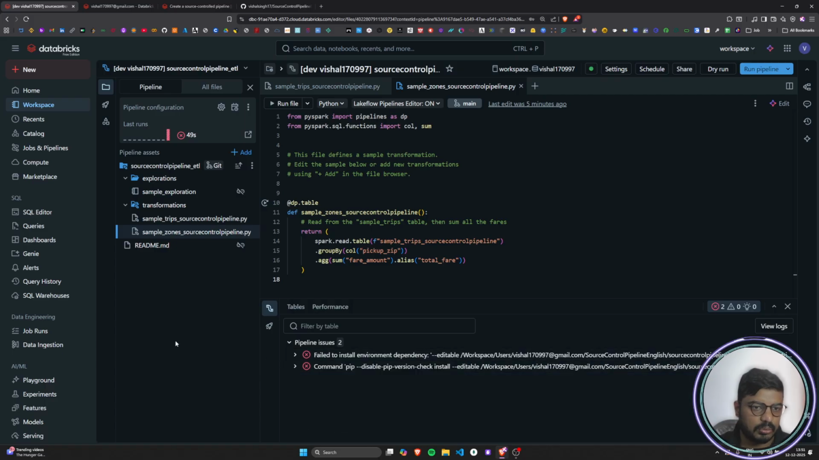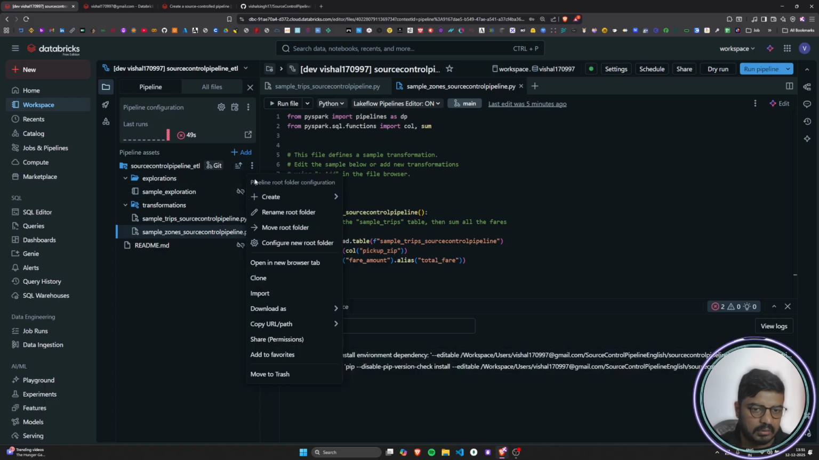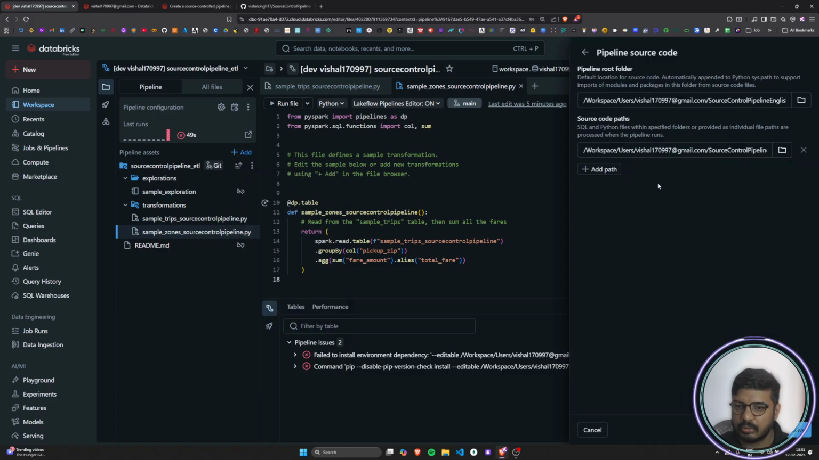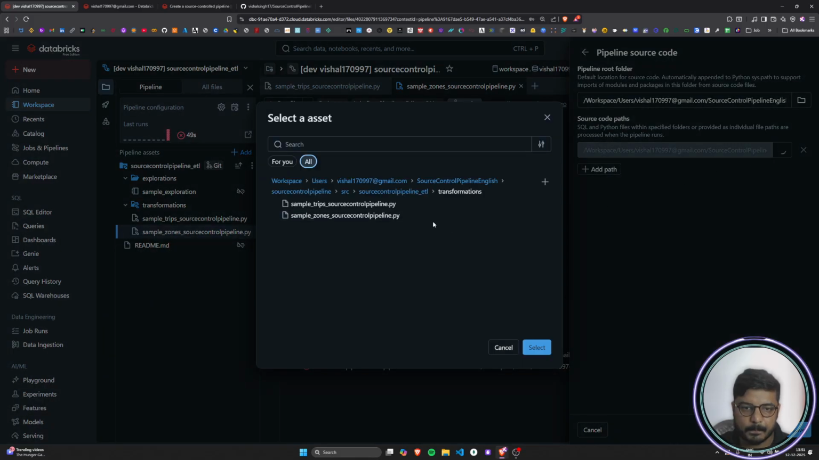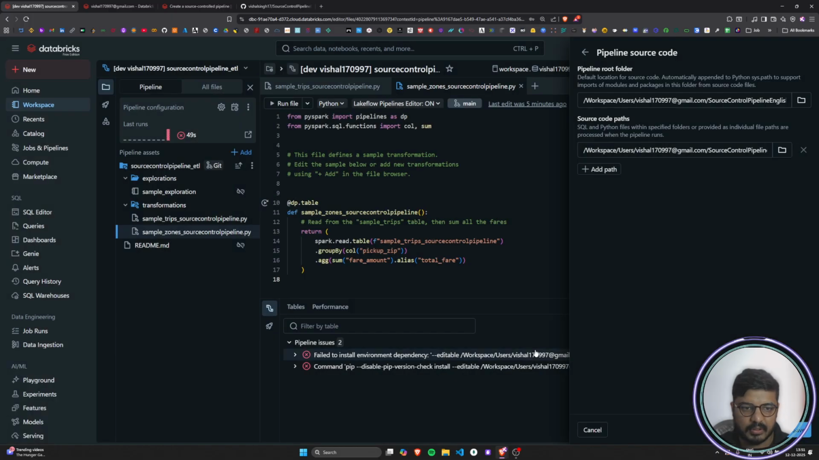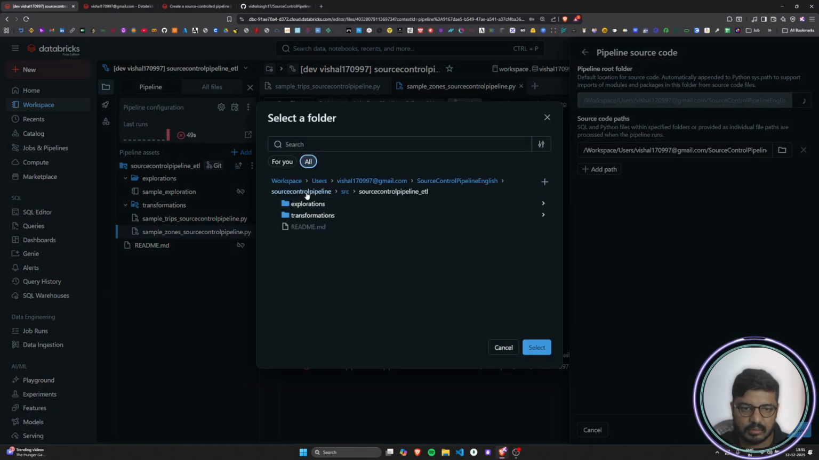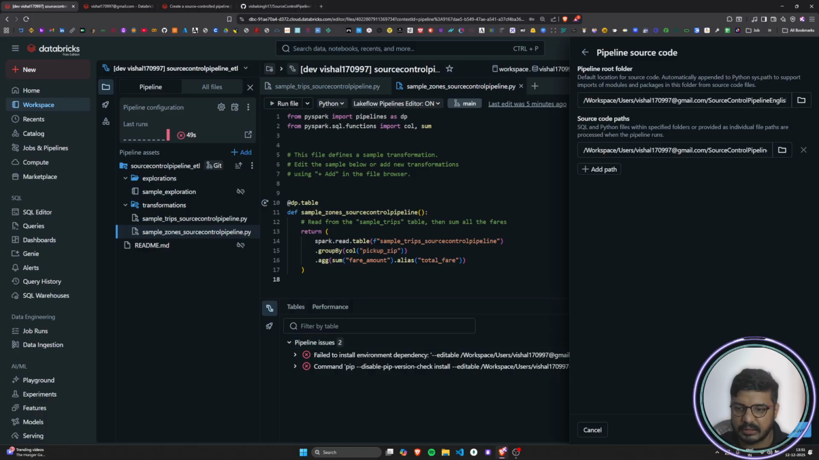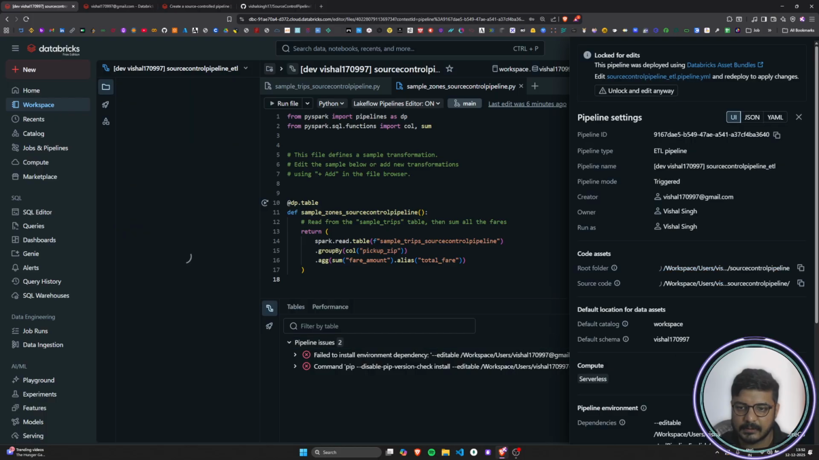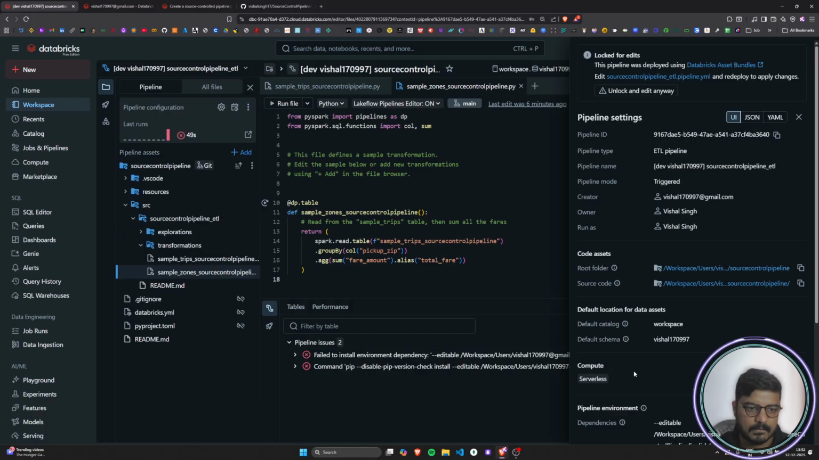Okay, so we have got the issue. It's because we are not having our configure new root folder. Okay, so the root folder will be this one. And if I click on select, and if I select this, and if I click on save, right? So now I can see